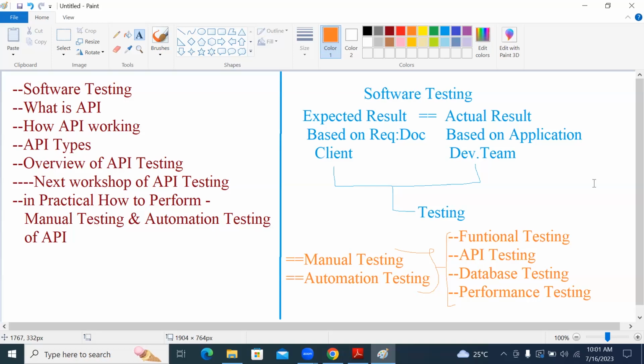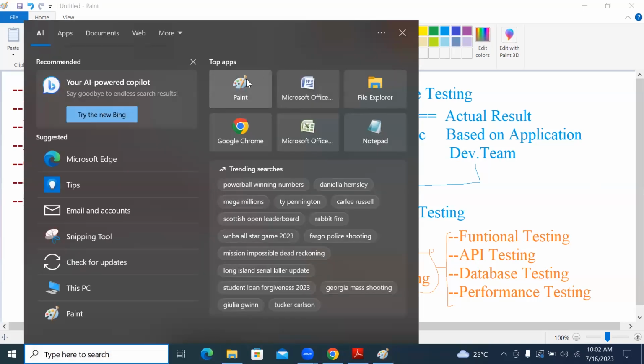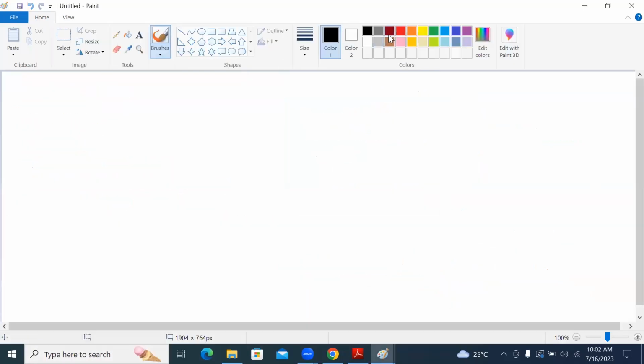Okay, right. So now let's understand what is API. The very first thing, what is API? Most of the time, you may have heard about this API concept.